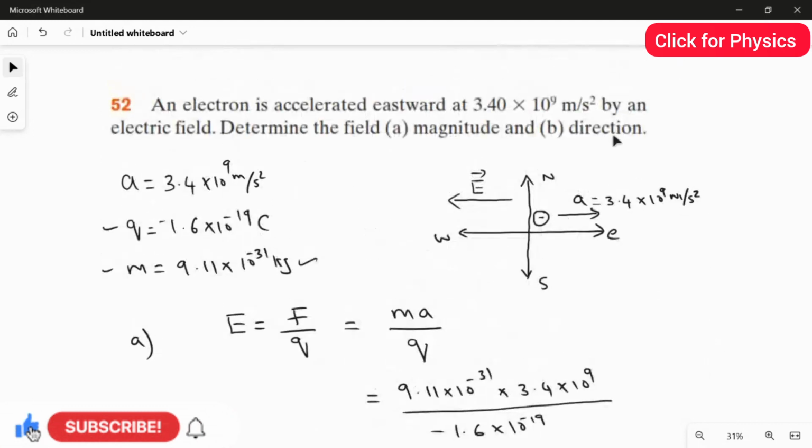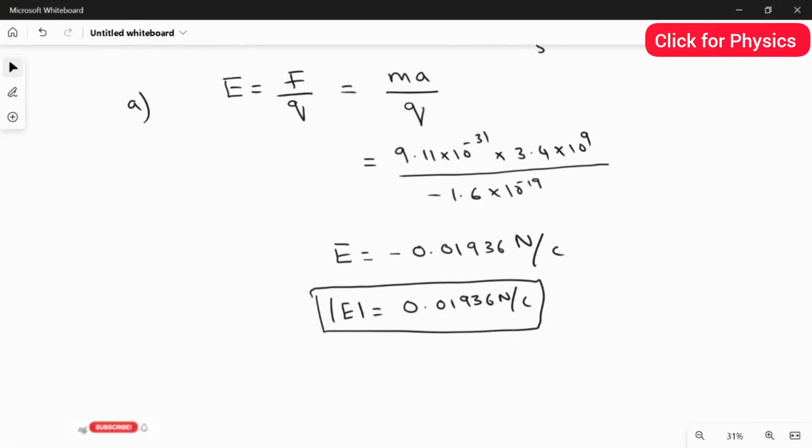But what is the direction of the electric field? From the diagram itself, you have the answer. If the electron is accelerated in the eastward direction, what is the direction of the electric field? Because all the time the electron has an acceleration opposite to the direction of the electric field. So your electric field direction is westward. So what is the answer for the second question? The answer for the second question is the electric field